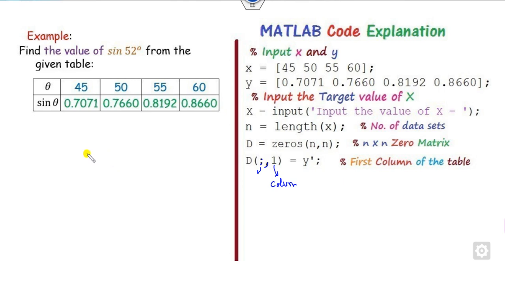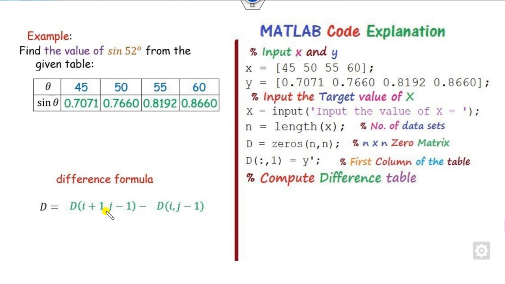Now how can you compute the second value? Here this is y, then you have to compute the delta, that is y2 minus y1, whatever the value you have here, then y3 minus y2, then y4 minus y3, and so on. These values are taken from y, that is the first column, which is stored in the form of capital D. So we can compute the difference table. We can fix the value, and you can see y2 minus y1, that is the second row minus first row, y3 minus y2. So I plus 1 to I, column is same.